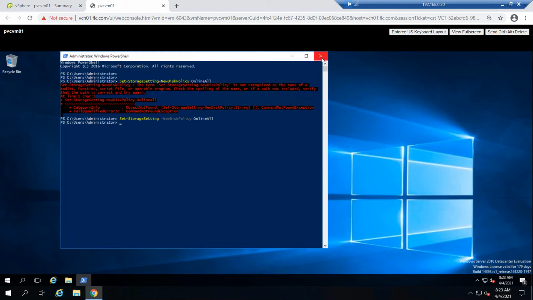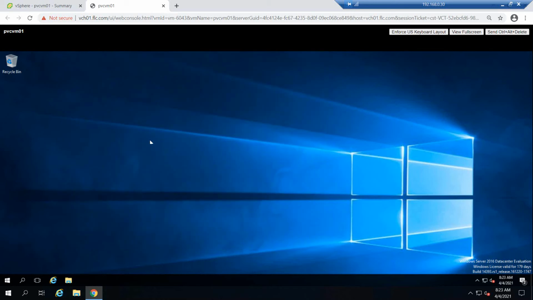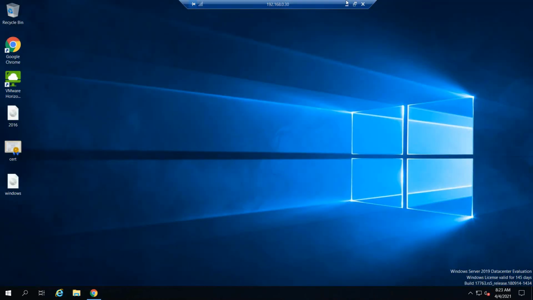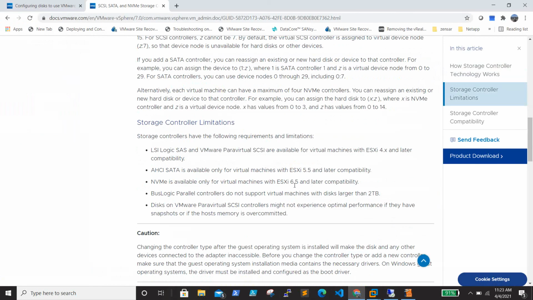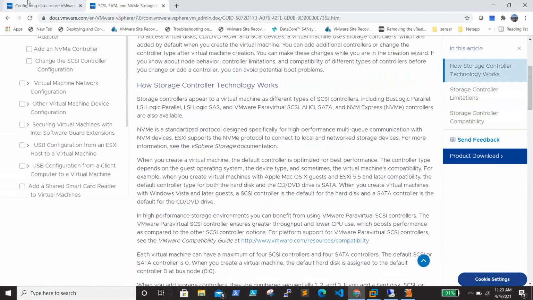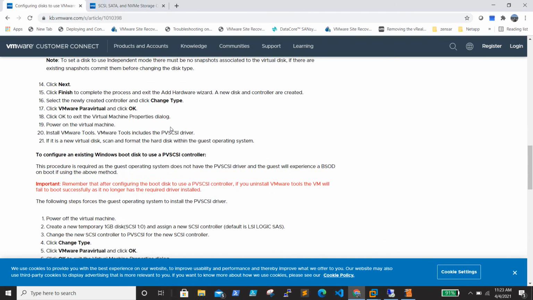So this is the process you need to follow, and as I said, we saw in the live demo that when we changed the C drive, it went to BSOD. So make sure that C drive is on LSI Logic SAS. If you see the VMware article for this, I want to just show it.